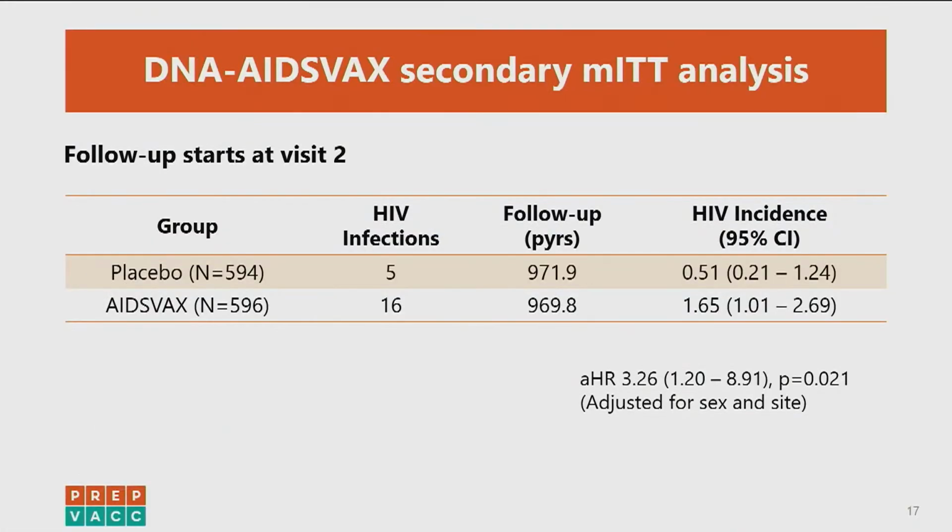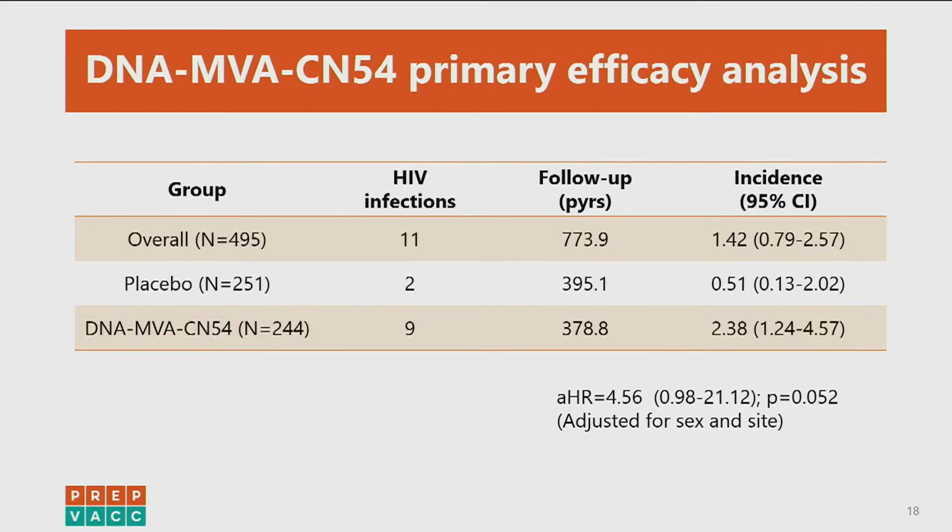And if you look at this, it is the secondary modified intention to treat, follow-up starting at visit 2. So those are placebo again, that's what I've shown, and AIDS vax, 16 infections. You can see the hazard ratio, 3.26. You look at the DNA MVA, the same trend. Overall, 11 infections, placebo 2, and again it is